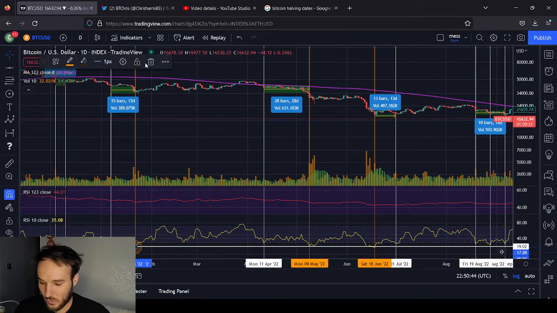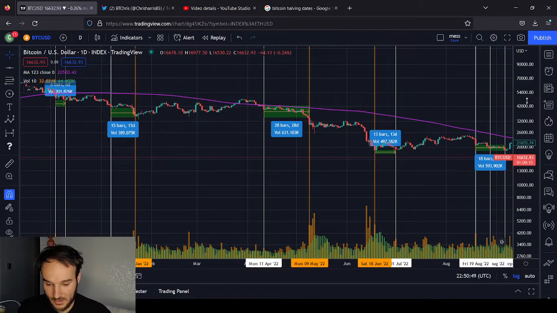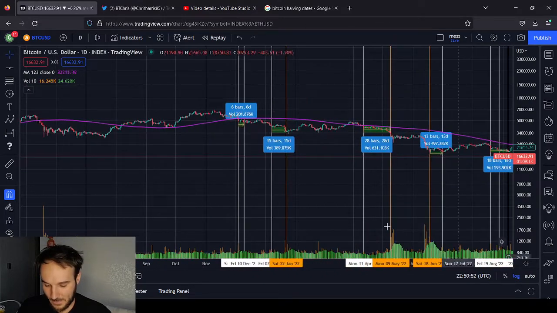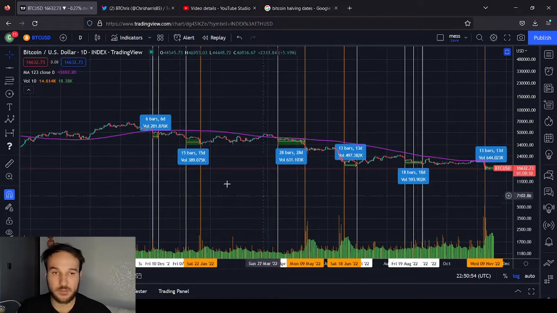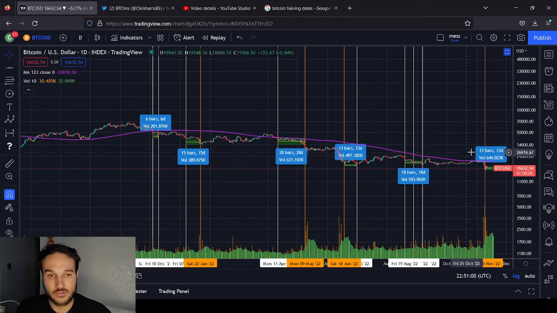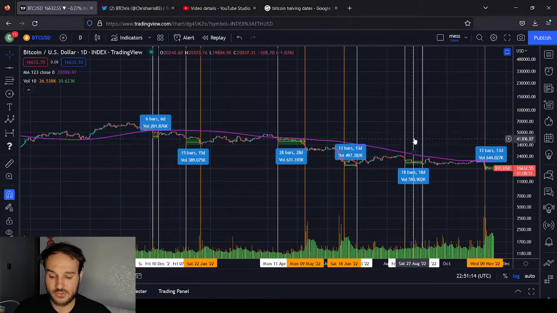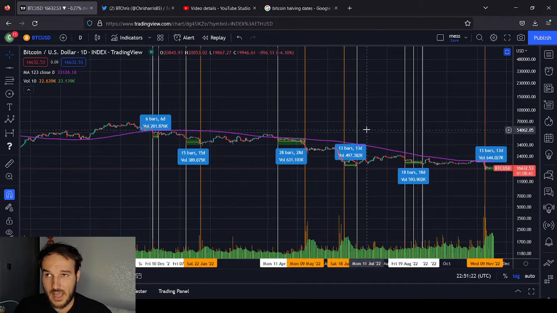All these lines are saying is that these are points in time when the price was oversold on the RSI. We don't even need the RSI now, just looking at it. The difference with the orange ones is that they were much weaker, much lower points in the RSI. That's the low range where Bitcoin pivots off of on the RSI at its lowest point, while these white ones are just oversold zones, but they're not as deep in the oversold zone as the orange lines are. So this is a look on the price chart at what the RSI was doing.